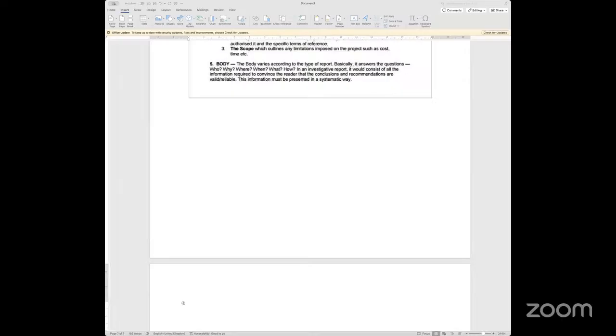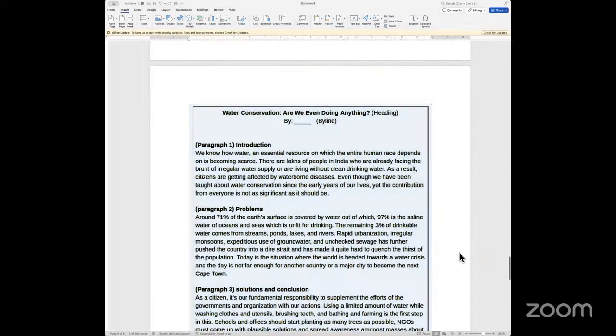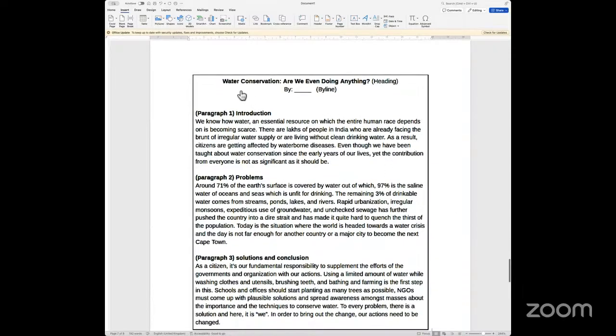The article essentially would consist of asking you to use your creative side of things to describe, to talk about, and to write about something which has been given to you as a task or an activity. As an example that I've done, this is an article which was asked to be written, which says, write an article on water conservation and what can it be useful for when we use natural resources like water and fossil fuels and things like that. So one of the activities was essentially to write an article about water conservation.